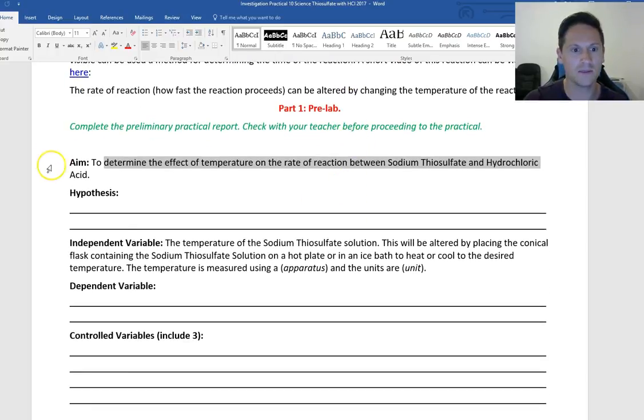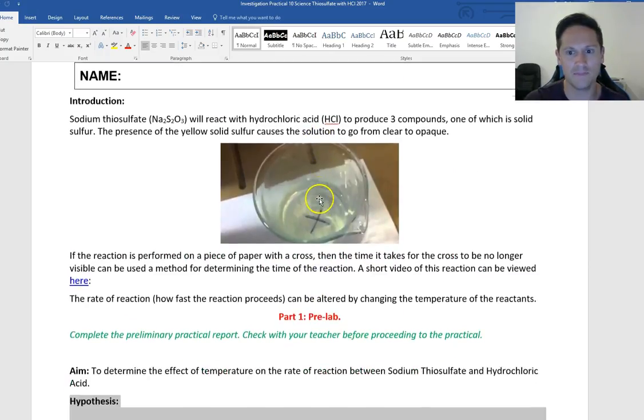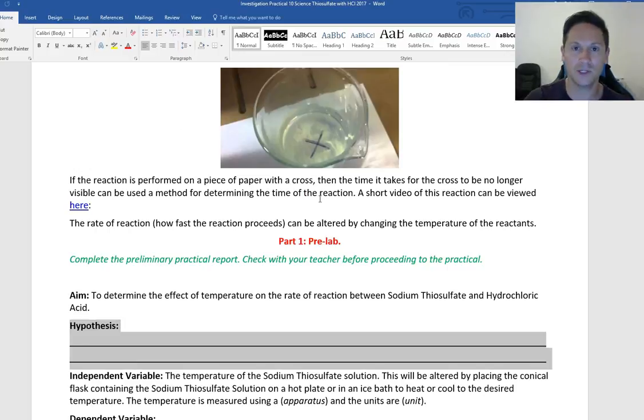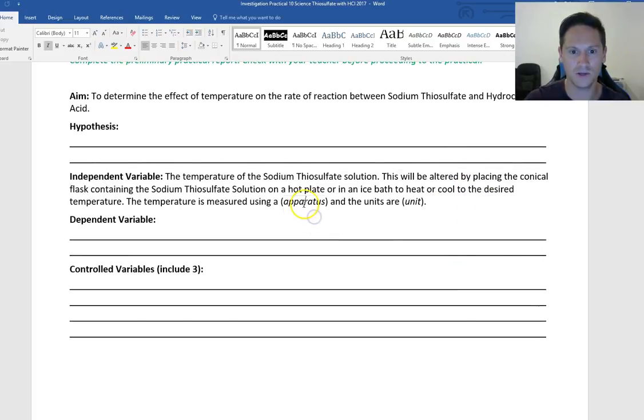Okay, so this was the pre-lab stuff. With your hypothesis, you just want to make sure that it's an if-then statement. So if the independent variable is increased, then the dependent variable will increase or decrease. Just remember, your independent variable is the temperature and the dependent variable is the reaction time. So I've got my independent variable there. Just make sure you put in